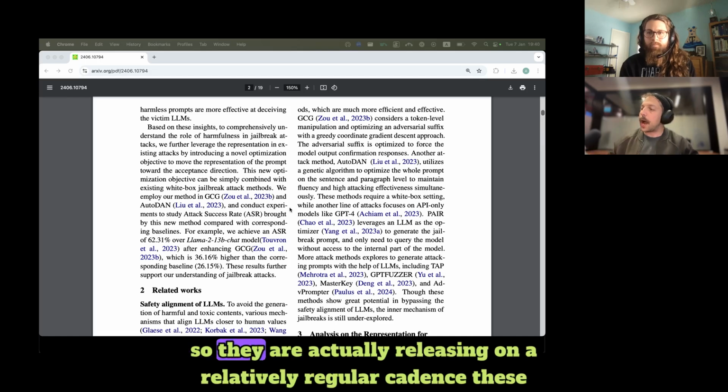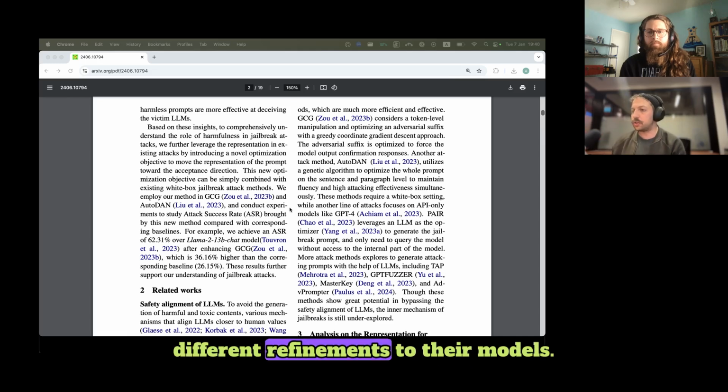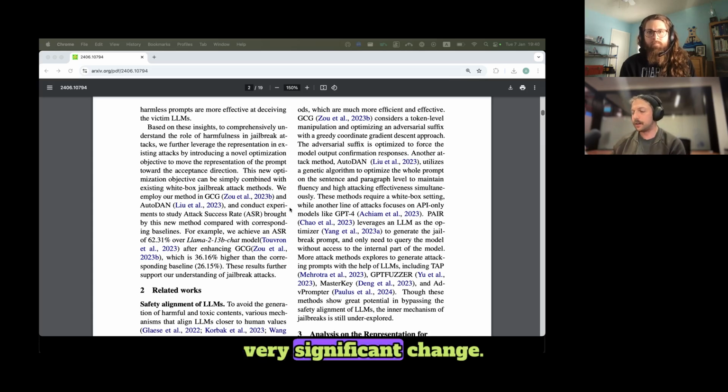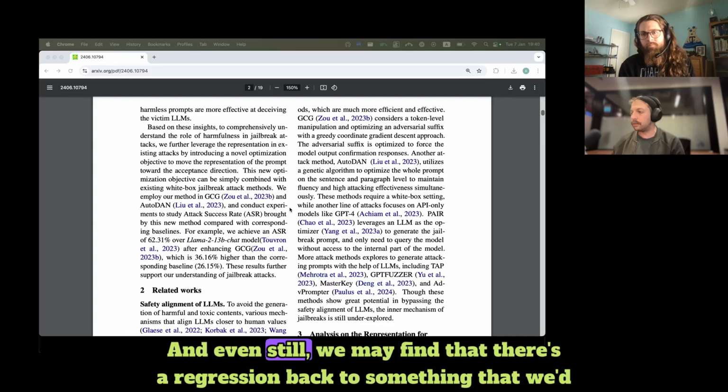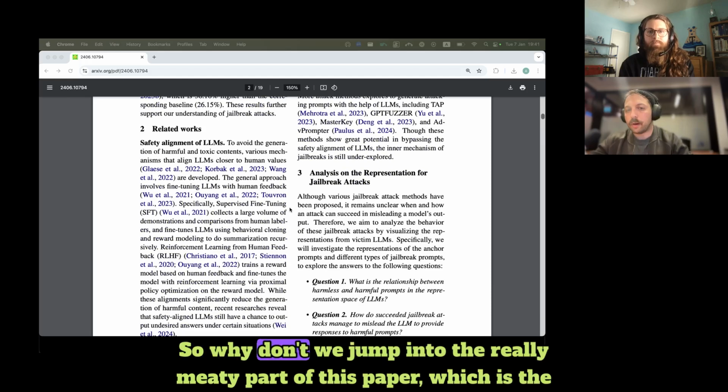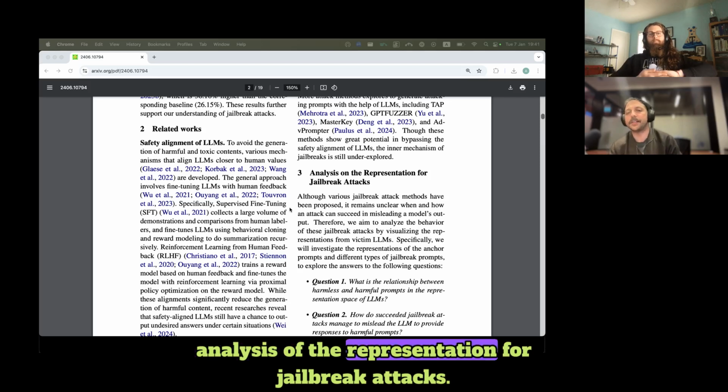And so they are actually releasing on a relatively regular cadence these different refinements to their models. And so we may see that there are certain regressions or changes unless there's a very significant change. And even still, we may find that there's a regression back to something that we'd already worked before. So why don't we jump into the really meaty part of this paper, which is the analysis of the representation